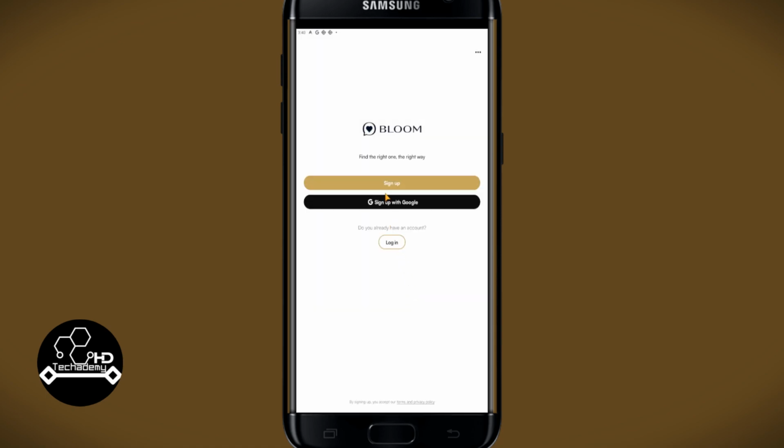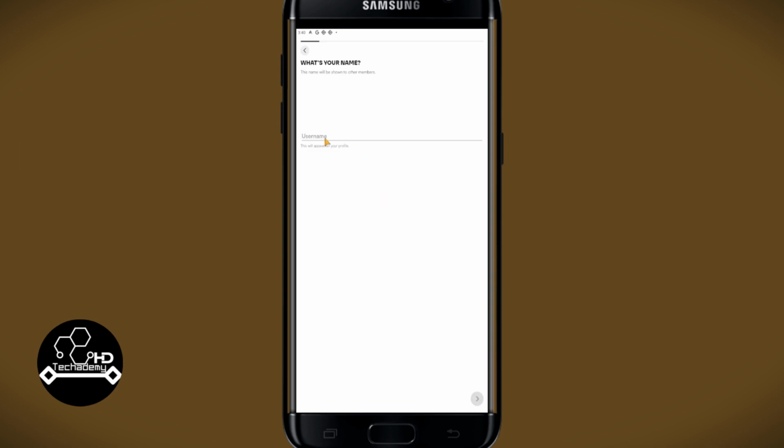First of all, open up the Bloom application on your device, and once you open it up, you will see the sign up with Google as well as the sign up button. And if you already have an account, you can tap on login. Now use either one of these methods to sign up for a new account, and you will be asked to